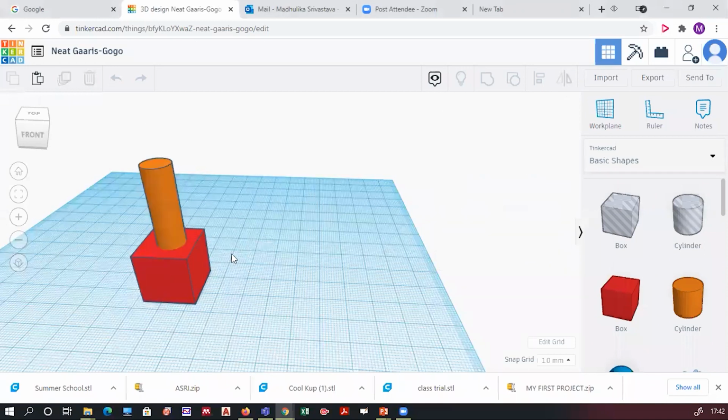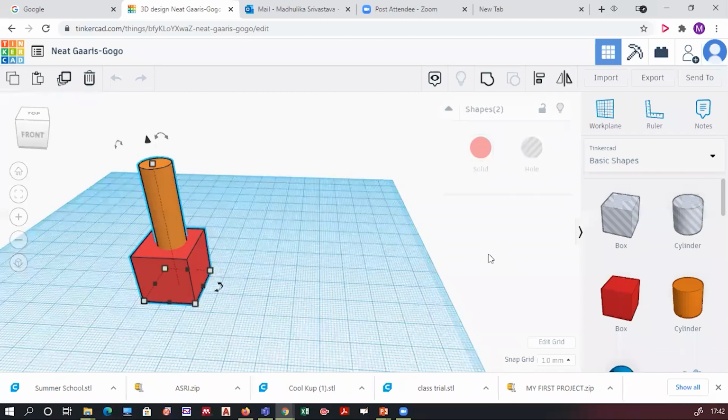So what I'm going to do, I'm selecting these two objects. How I'm doing this? I've told you to take your cursor, click the left button of your keypad or the mouse, and drag your cursor to cover both the objects and leave it. By doing this, you will be selecting both the objects. I'm telling you how to join. I'm coming to that. Just wait.